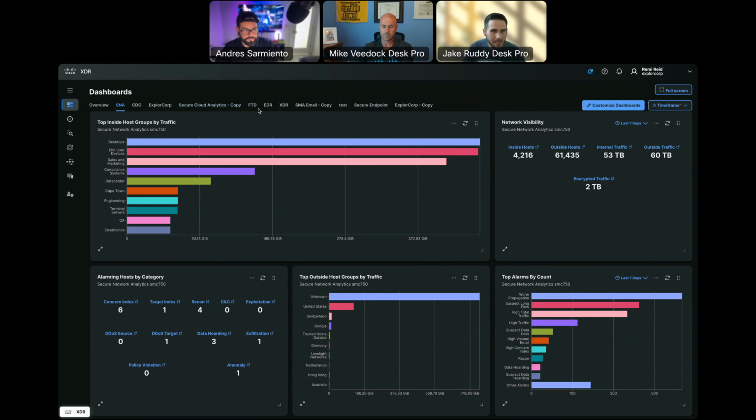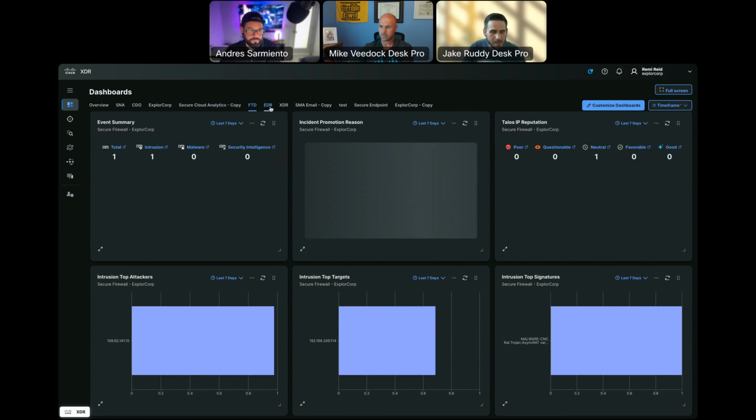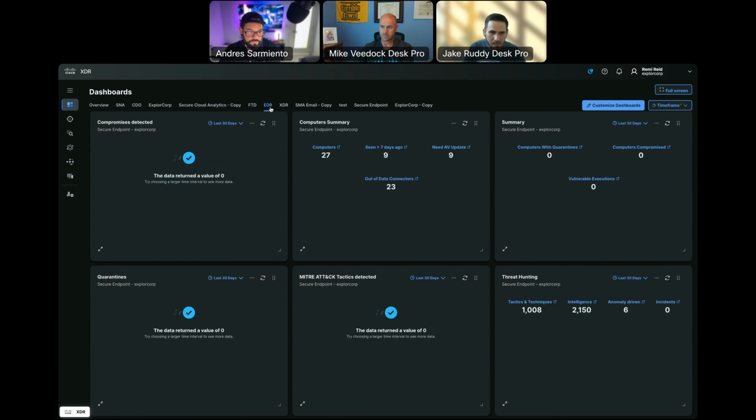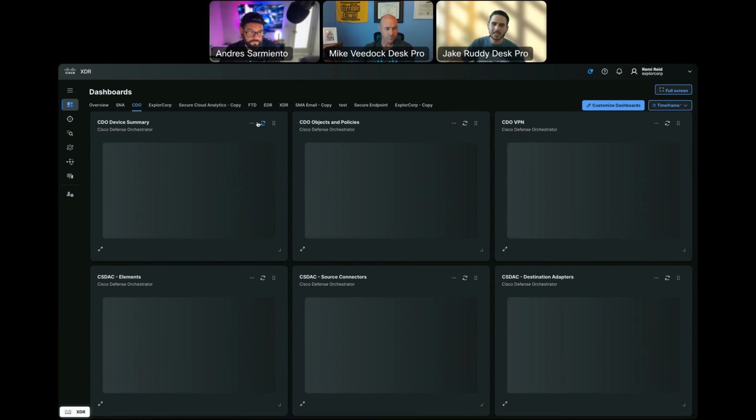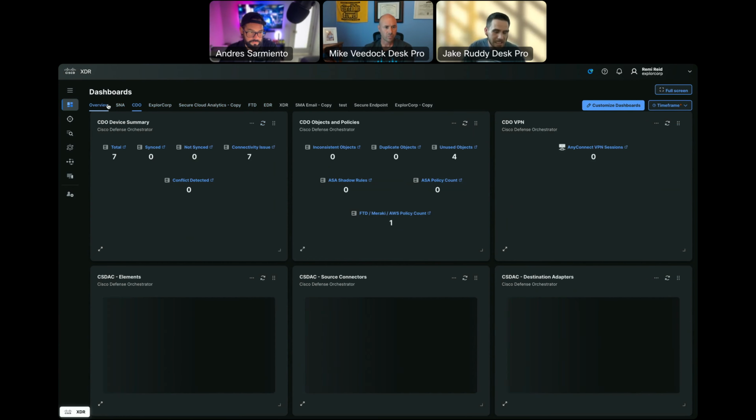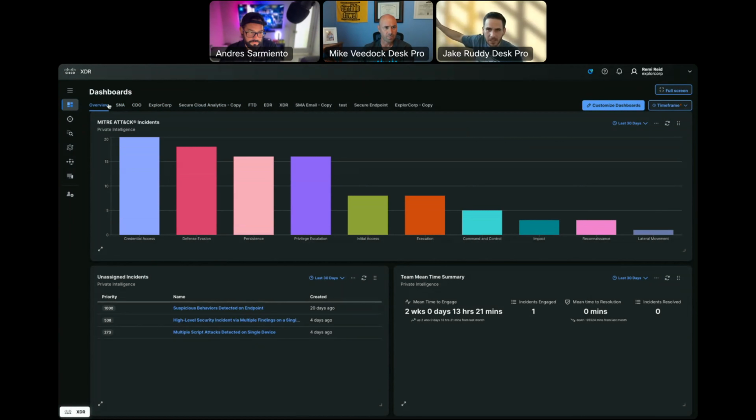I've got my SNA dashboard. I can have a firewall dashboard. I can have a secure endpoint dashboard, whatever dashboards I want. We can pull all these in, just get a nice visual representation, right? It looks nice. Throw it up on a big screen. It looks real great. The color planning they did looks pretty nice. Very much a visual component of this.